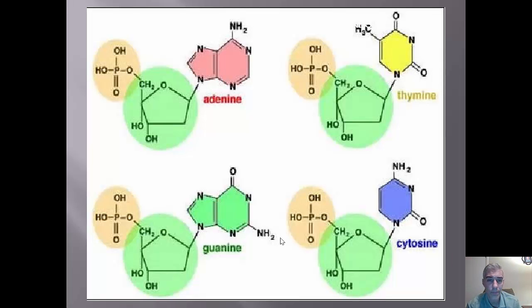So here's showing you each one. There's adenine and thymine, guanine and cytosine. Notice, as I mentioned, adenine is what's called a purine, and guanine is a purine because it has two rings, two fused rings. Purines have two fused rings, and then thymine and cytosine have one ring, it's not even a fused ring, it's just one ring, right? And those are called, as I mentioned, pyrimidines. So purines and pyrimidines.